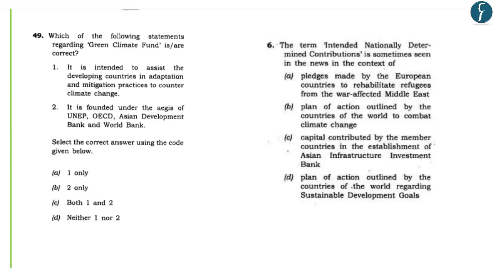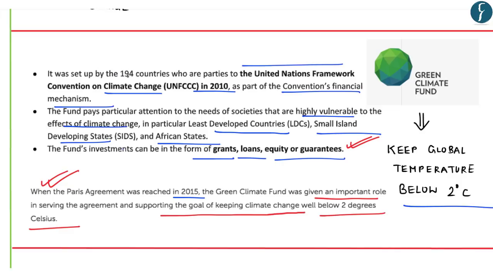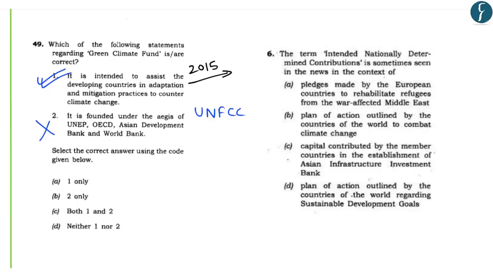Now coming to the question asked by UPSC, this particular question on Green Climate Fund was asked in the year 2015. It says which of the following statements regarding GCF are correct. First, it is intended to assist the developing countries in adaptation and mitigation practices to counter climate change. Yes, this is correct as we have already seen. Second, it is founded under the aegis of UNEP, that is United Nations Environment Programme, OECD, Asian Development Bank and World Bank. No, this is incorrect as it was initiated at UNFCCC. As you can see, the Green Climate Fund was set up by 194 countries in 2010 who were parties to UNFCCC. So in this, A was the